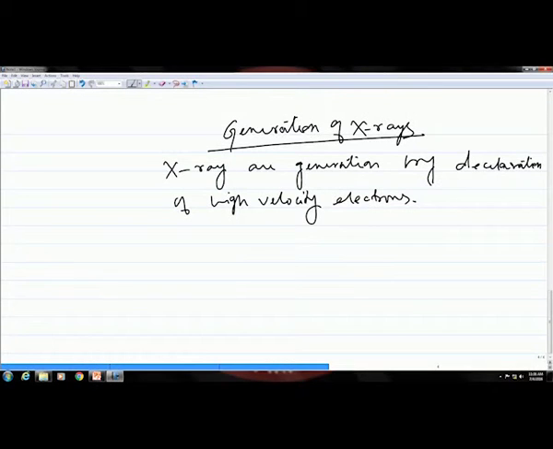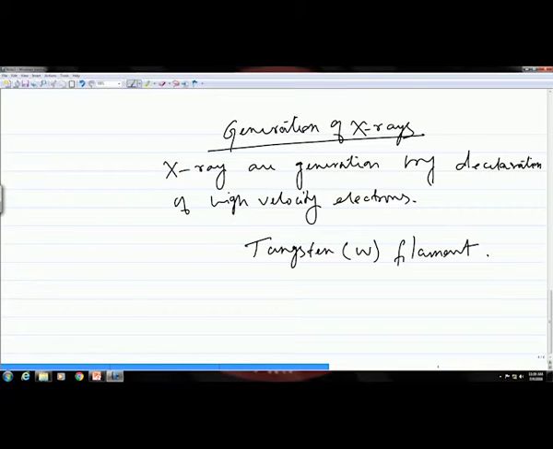Okay. So, that means you need two things, one is to generate the electrons and the other is to stop the electrons. In order to generate electrons, you need a material which can easily emit electrons when you provide a bias. Tungsten is one such material which can be used for that purpose, and tungsten filament is what is used as the electron emitter or the electron source in this case. The symbol for tungsten is W,